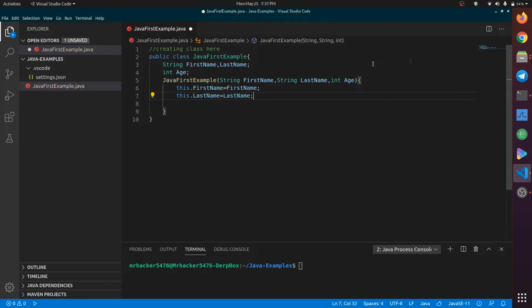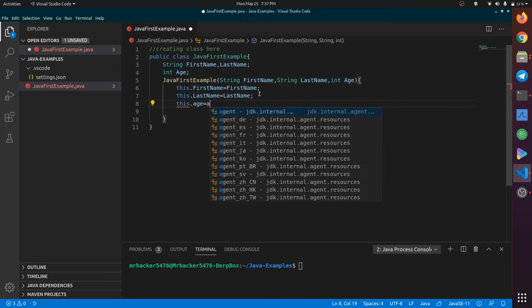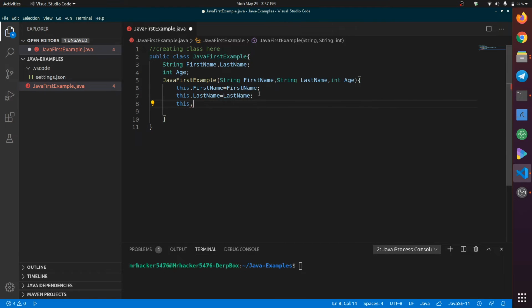So actually it says the String firstName from our parameter goes to the String firstName from our class variable. So always, this keyword refers to the current object of the class. I'll say this.age equal to age.